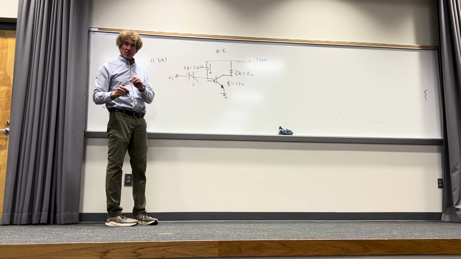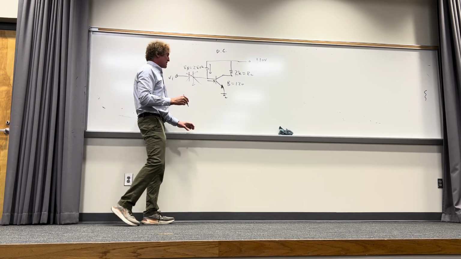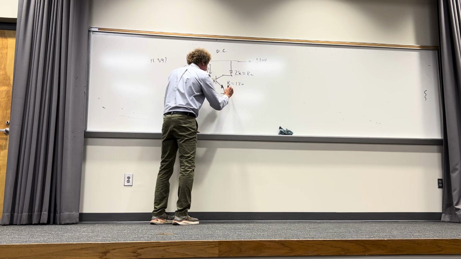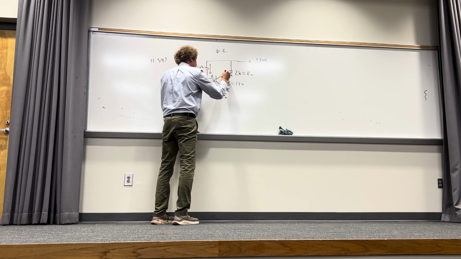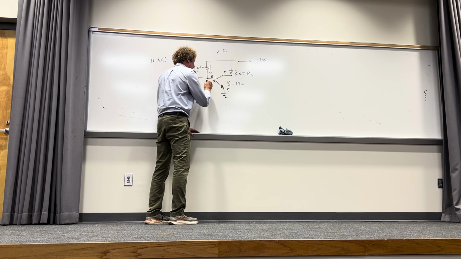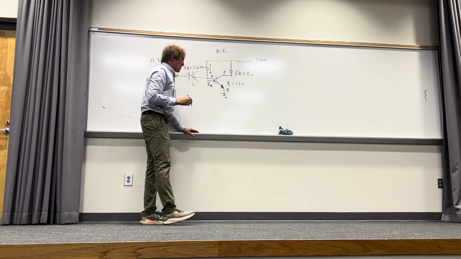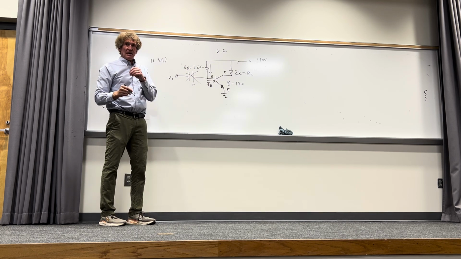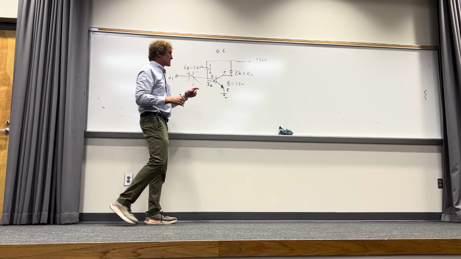That's called the base. Do you all remember that? The middle point? This is the emitter, this is the base, and this is the collector. This would be the base current. All right? Now, if the transistor is operationally on, and in this case it's got to be,